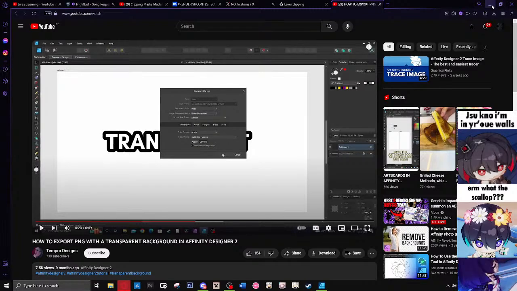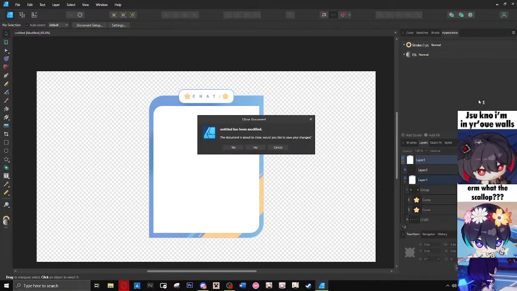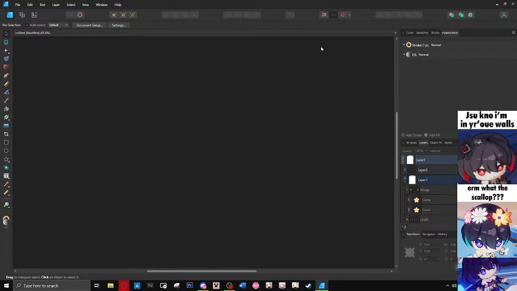Yeah, I'm definitely not gonna use Affinity after that. To make shapes, yes, but in other words, no. I would rather use Photoshop. Yes, and